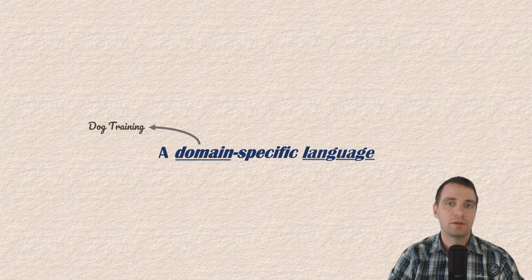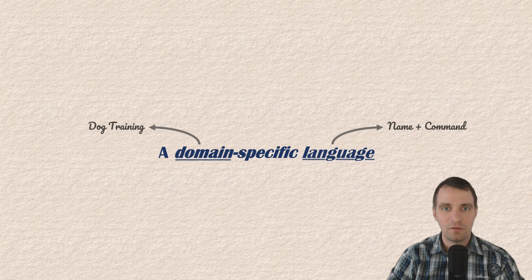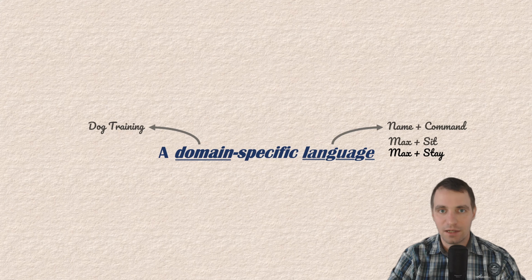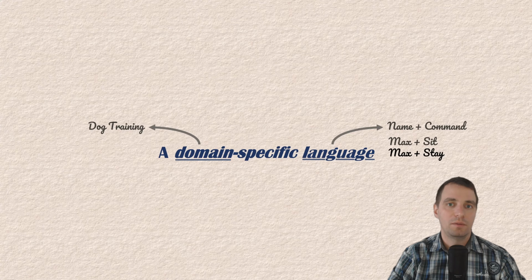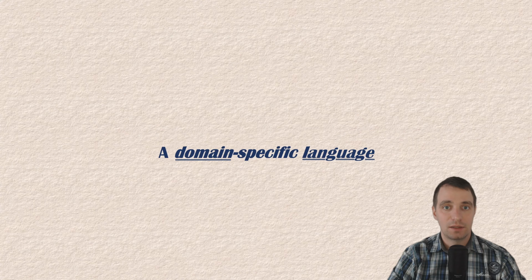If we consider the domain dog training, then a language for this domain looks something like this. The name of a dog followed by a command. So if we have a dog named Max, and we want Max to sit, we would say Max, sit. And by chaining this language together, we can form a complex set of actions. The important thing here to remember is that a domain-specific language is the most efficient way to communicate with a